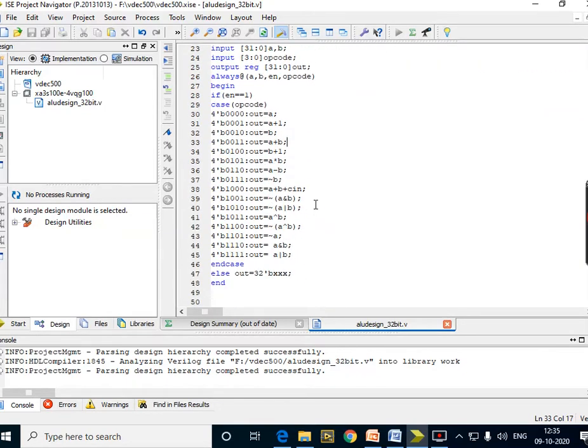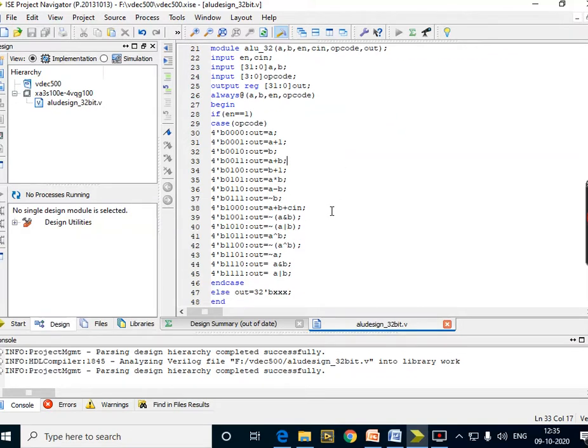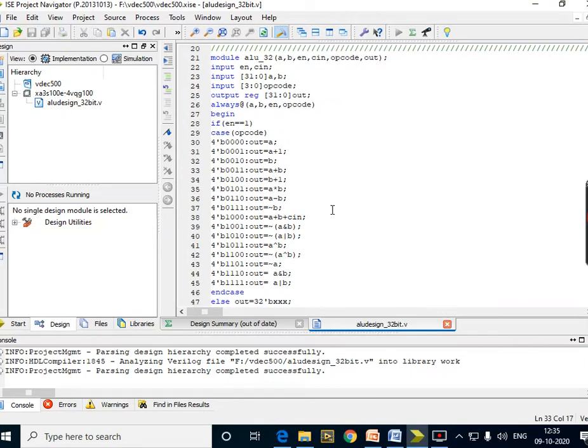If the same task is given using any other, for example, maybe arithmetic data flow, I think it will work very easily. Instead of case, I'll be using here assign statement. Assign out equal to a, assign out equal to a plus 1, assign out equal to b. I think that is how same program can be written using data flow also. But if the same program is asked using gate level, there you will have difficulties because the program becomes very lengthy, as you need to declare every wire and every input and output and interconnections also. So therefore behavioral model is preferred to write this particular ALU design.